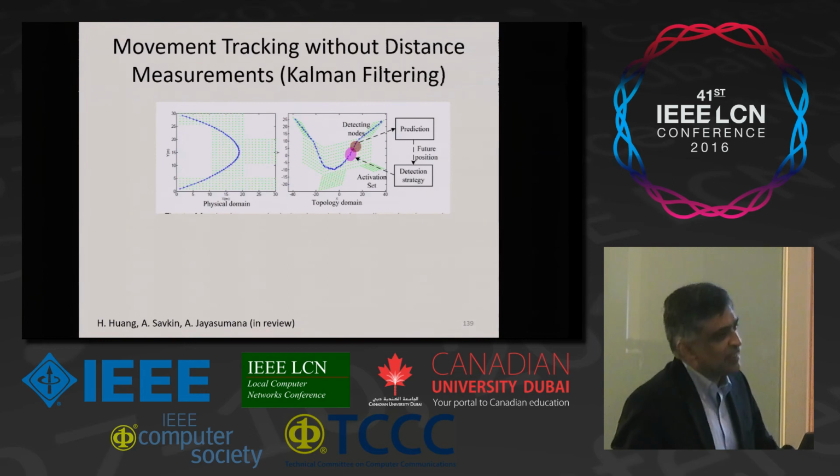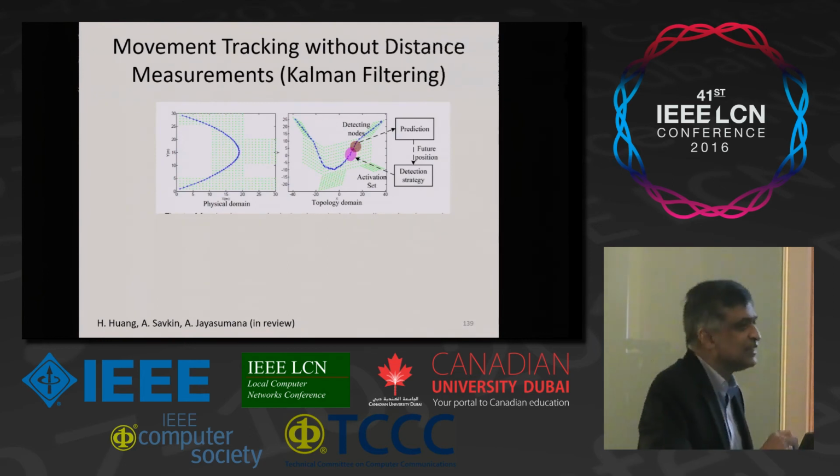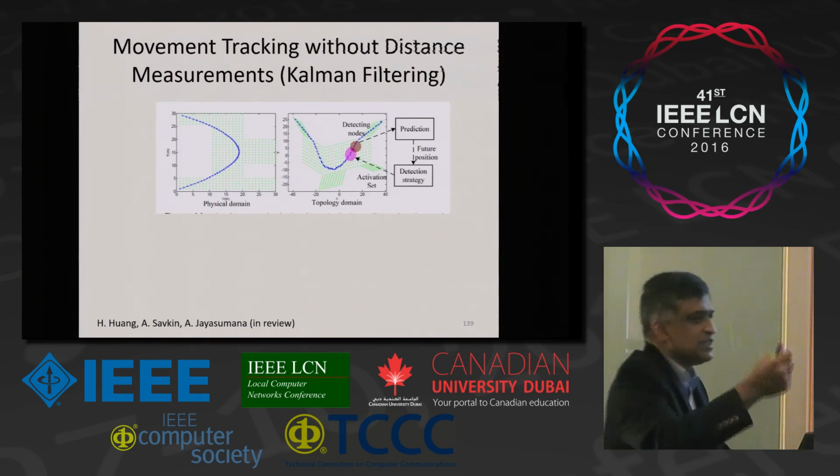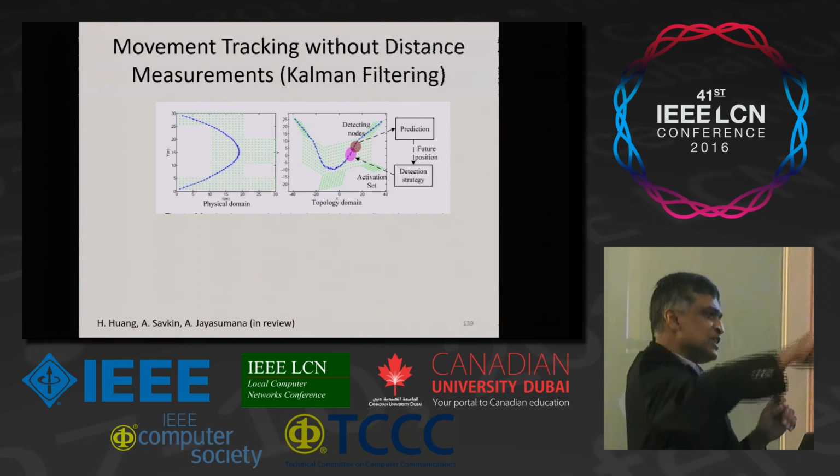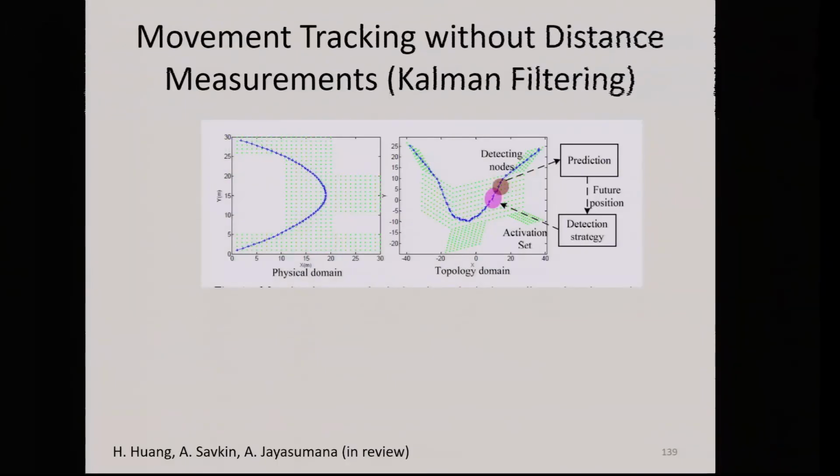Then he also does tracking, right? He knows how to track targets and other things. When you have a target, you measure the physical distance, estimate the velocity, and track these things. And you are tracking this in the physical coordinate space. Instead of tracking it in physical coordinate space, can you track it in this distorted coordinate space?